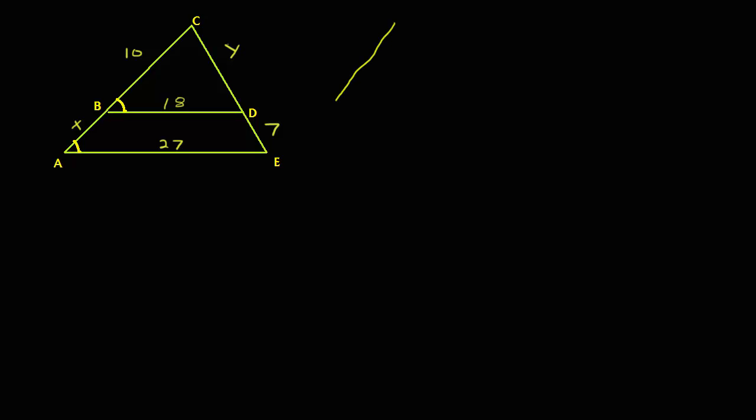So our first triangle looks something like this. The smaller triangle has side lengths of 10, y, and 18. We have one congruency mark for this angle, which is angle B, and we have angle C at the top and angle D on the right. And then the larger triangle